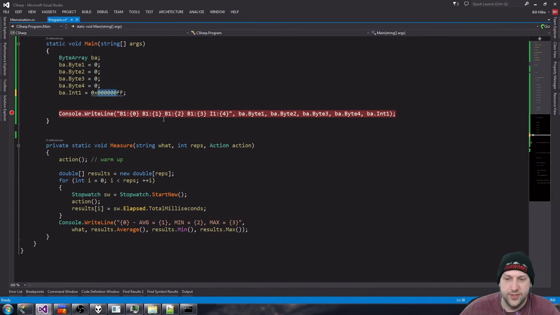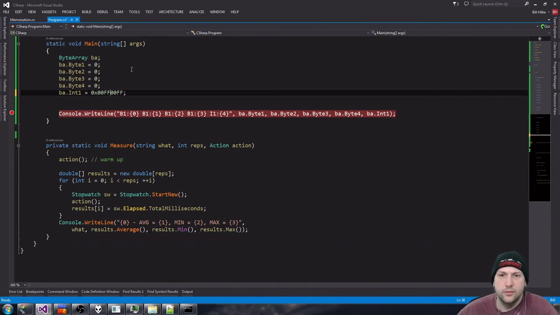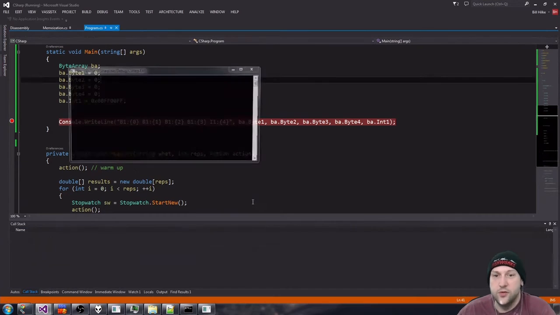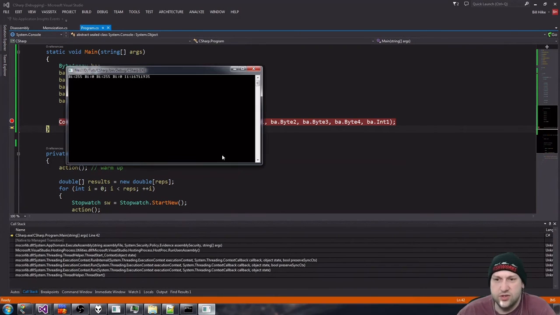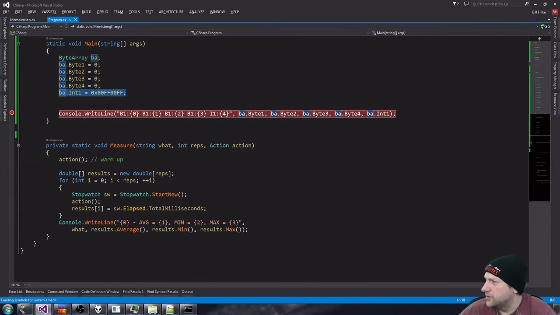Let me retype this. All right, see what happens here. If we store this out, we can see that we're setting byte 1 now, and I say it's B1 here, but this is B3. So that's just what I want to show you guys real quick about unions